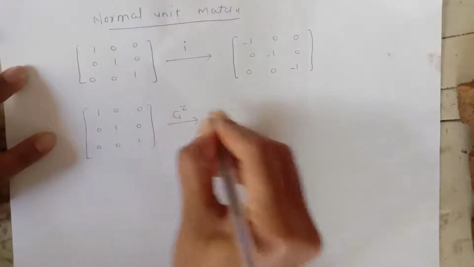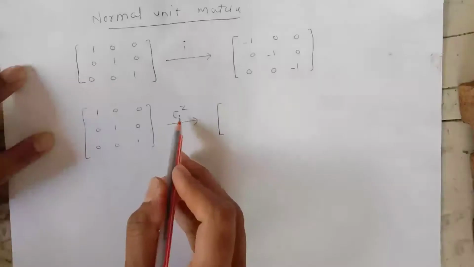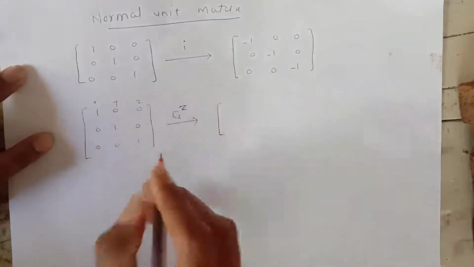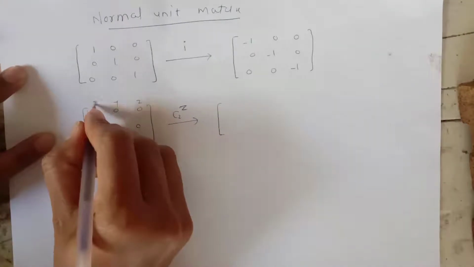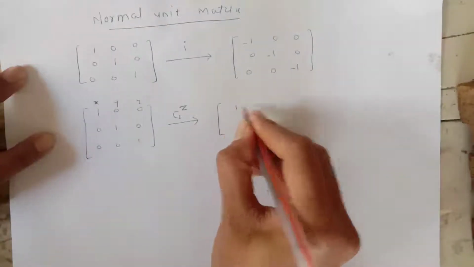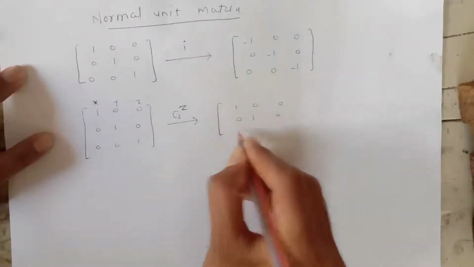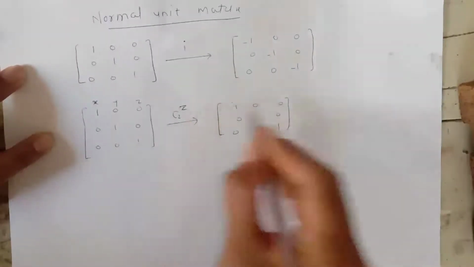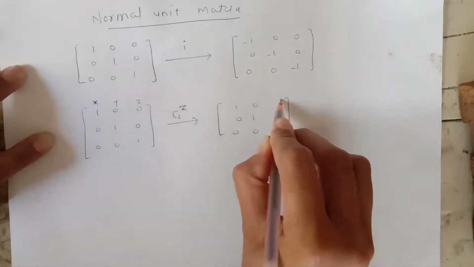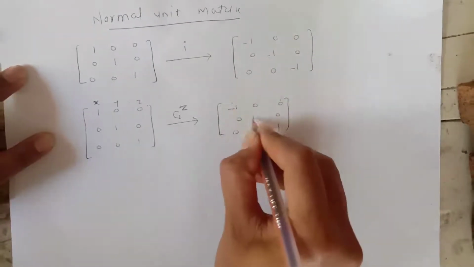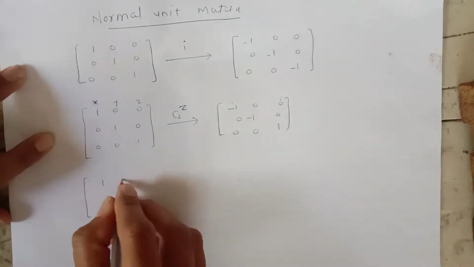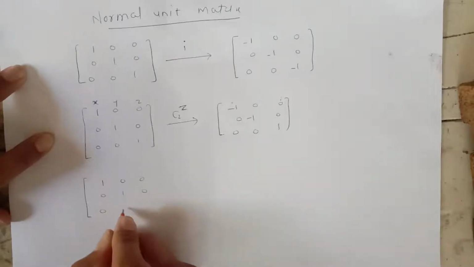When you perform the C2Z operation, at that time z is there. Here you have to consider x, y and z. The remaining x and y is negative. See here 1 0 0 0 1 0 0 0 1. Here x, y and z. Here z is there. You have to neglect the z and give negative to x and y. Then next 1 0 0 0 1 0 0 0 1.